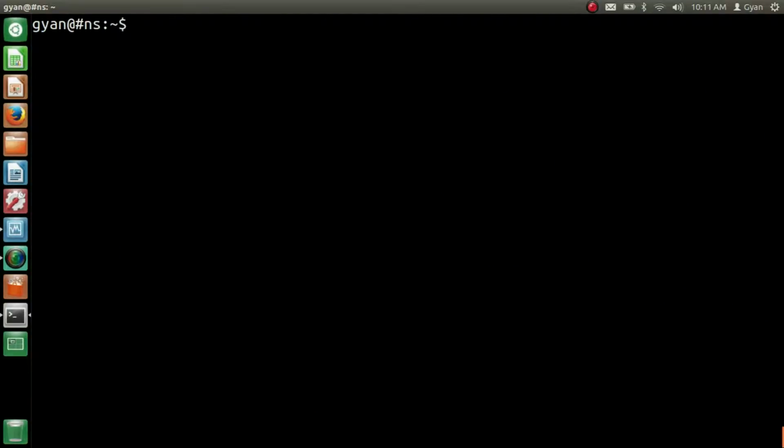Now the environment variable is set for the user Gyan. Let me echo it. Echo $var. It has not printed. Our newly added environment variable in .bashrc will be reflected in the new terminal, not in old terminal. So let me open a new terminal, then only we can see the value of our newly added environment variable. Press Ctrl Alt T